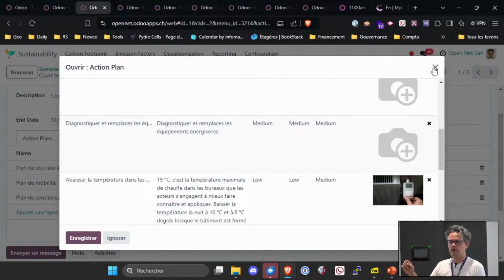One of the items in the roadmap would be starting from this to generate a budget, for instance, a carbon budget. We have financial budgets. Here, it would be interesting to say, okay, what am I expecting in terms of reduction? But today, it's only a matter of describing what is your climate strategy.